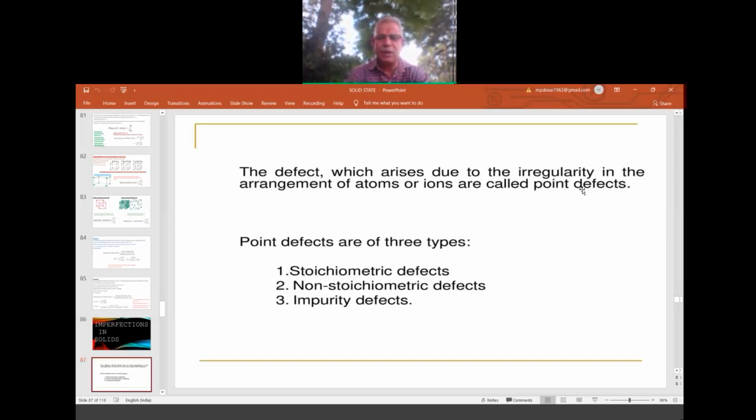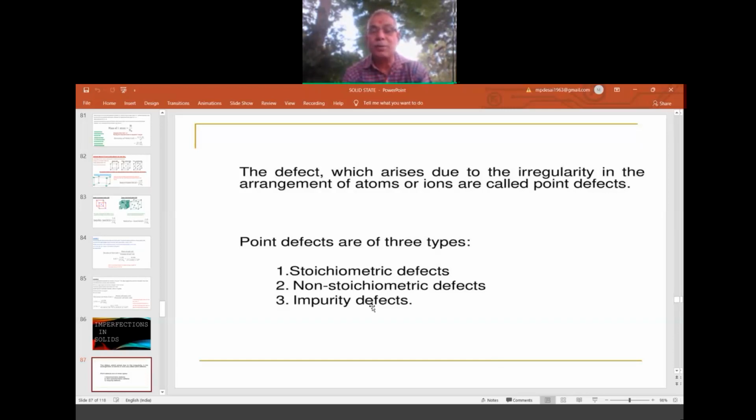So depending upon the structure, there is line defect, point defect, but defects are there. Some minor defects are there. So they are called what? Imperfections in the solids, or in the crystals, or in the lattice. But in the 12th class, we don't discuss the line defect, we discuss only the point defects. So we pinpoint only on the point defects. In the point defects, again, there are three types: stoichiometric defects, non-stoichiometric defects, and impurity defects.